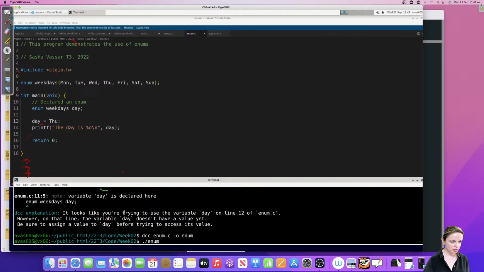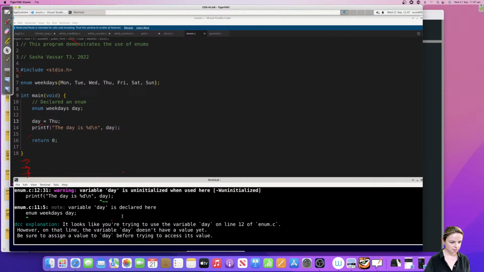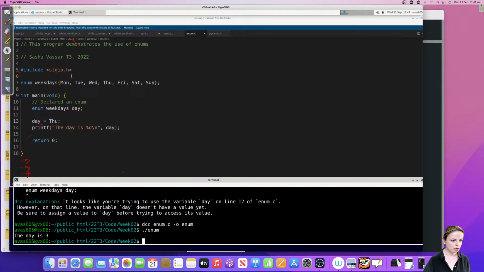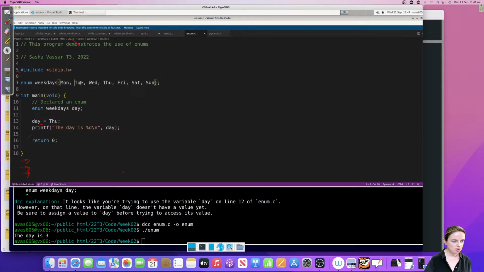And it's going to output the day is 3 because 0, 1, 2, 3. So it outputs a 3. So basically, you use enums to improve the readability of your code, because it automatically assigns values to these things.